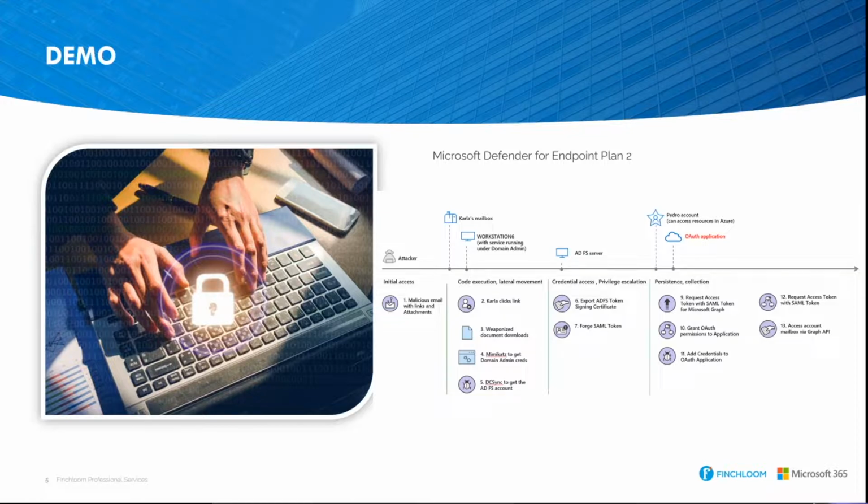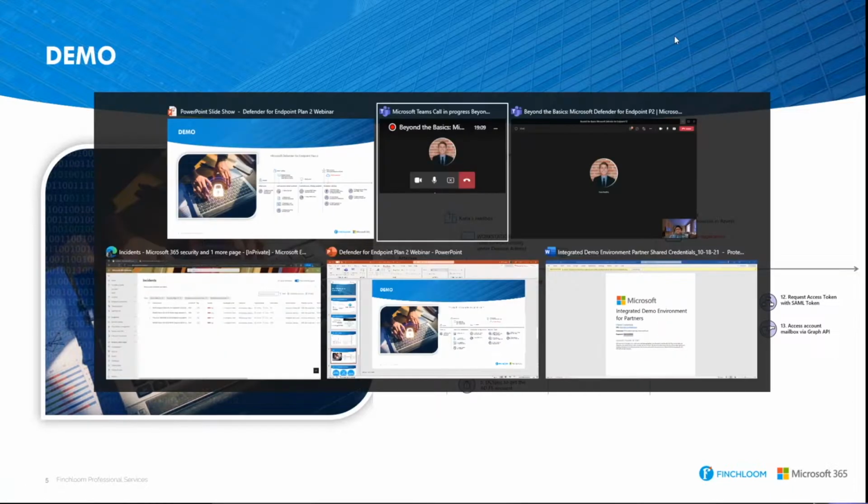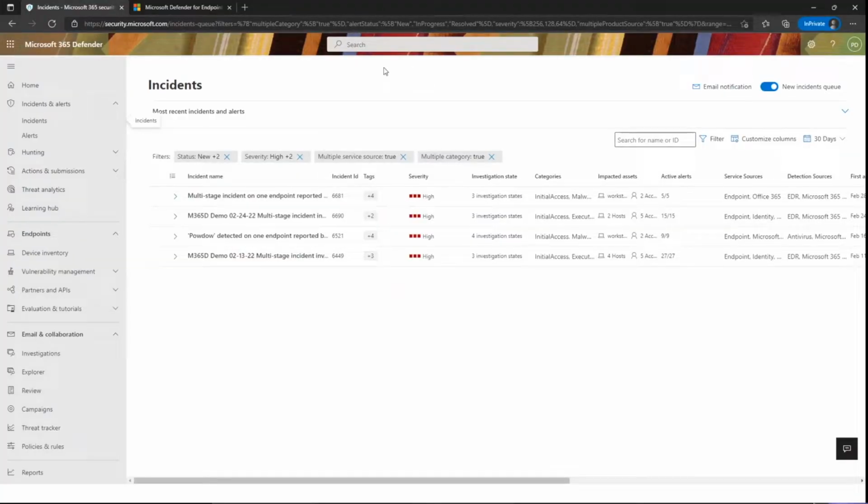So in this storyline, we've set up a demo environment and already simulated this attack. So what I want to do is switch over and show you what advantages you have as an administrator with Microsoft Defender as your tool set. And we're going to walk through the admin console to review how it captured and detected that incident in our fake company. So first, we're here on the Microsoft 365 Defender page,